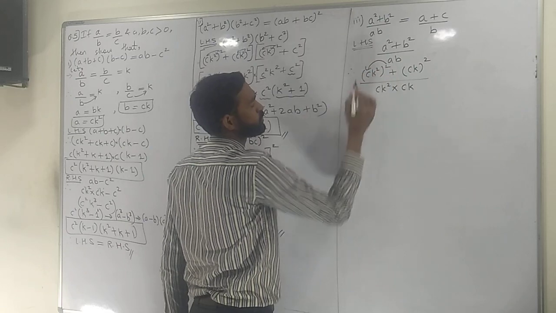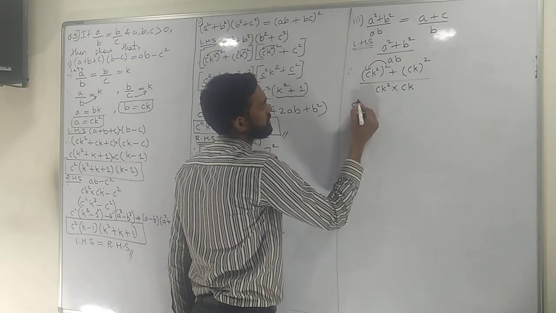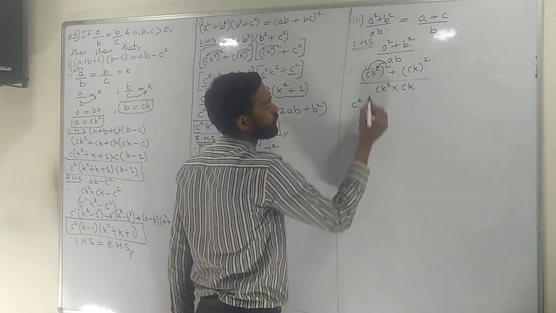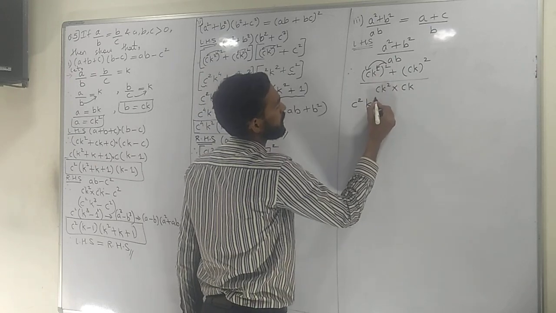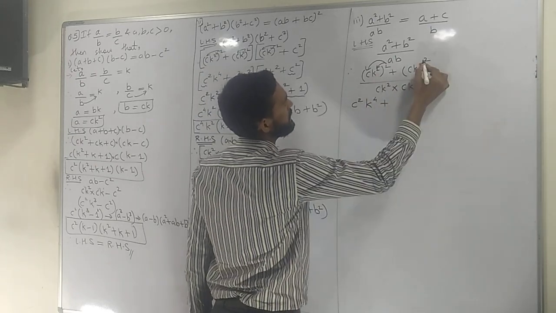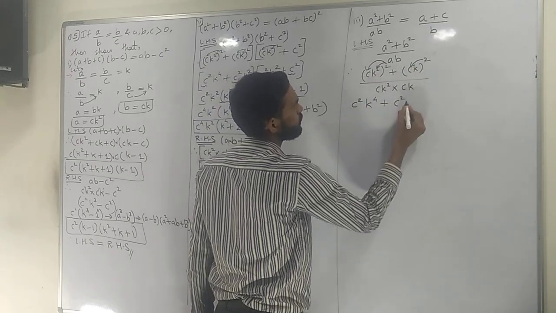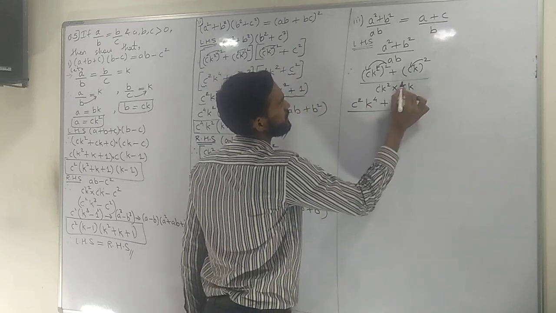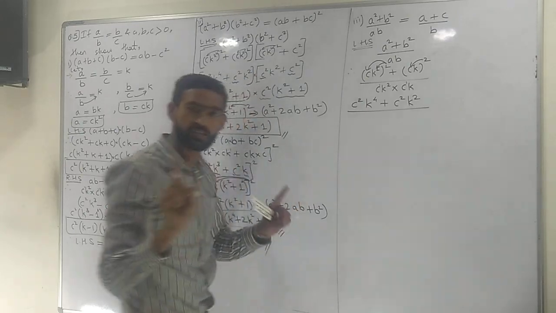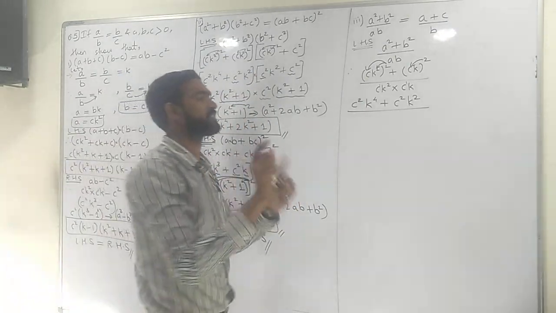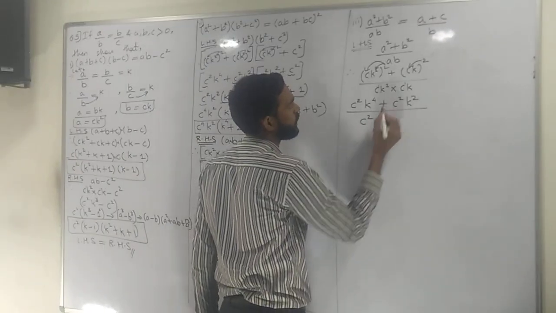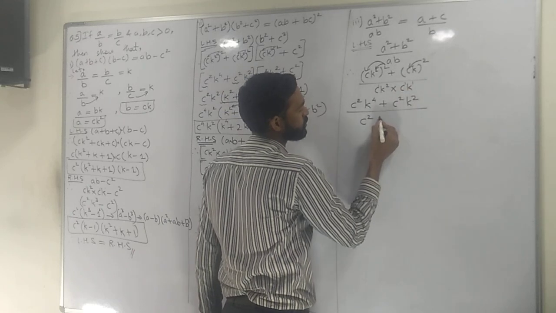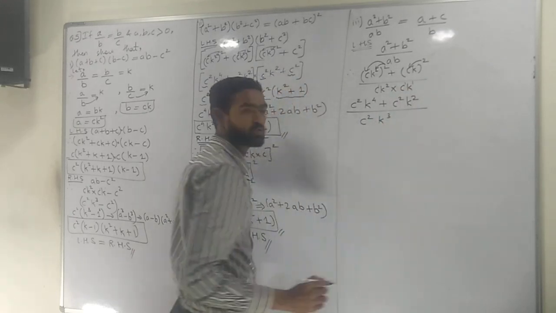Now open this bracket. This square will move to this. So I will get c square. Again it will move to k square as well. 2 2s are 4. Now this will move to both. So this will give me c square, k square. Whole upon c raised to 1 into c raised to 1. C into c. C into c will be c square. So this will give me c square. K raised to 2 into k raised to 1. 2 plus 1, k raised to 3.